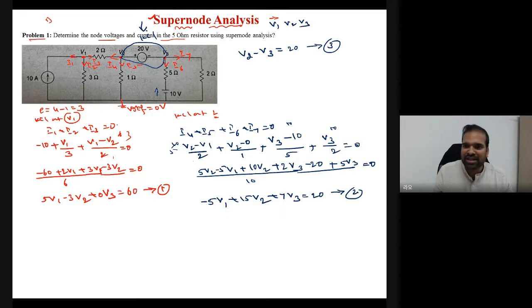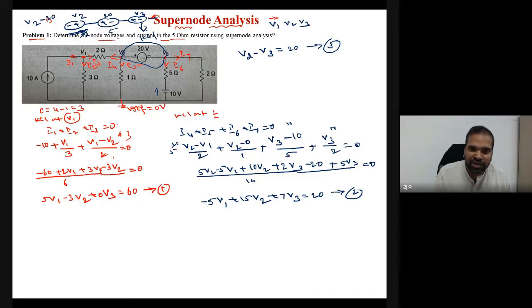So why am I not writing V3 minus V2 equal to 20? Because you need to consider V2 means what? Minus and plus. Okay, this is V2. So here what you have? Plus and minus. This is 20, and V3 means plus and minus. You will consider like this. This is V3. Now what happened if you consider the current is going like this? So therefore this is V2. Now see, my assumed current is going like this, but what about this voltage source? As per this potential, current is going in the opposite direction, therefore minus 20.